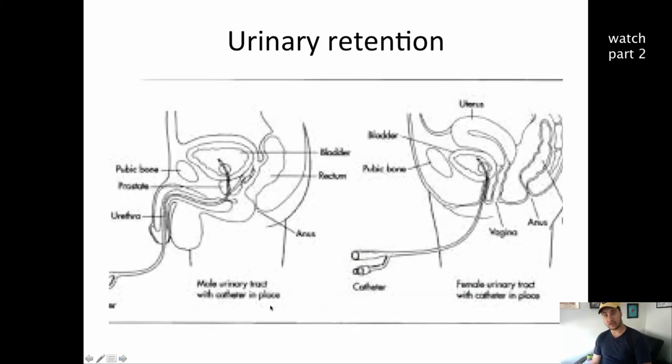The next one, I see it almost 2 or 3 times a week, especially in males. It happens more in males because of the prostate, and as you can see a little bit on this picture, the prostate is right over here. And so what happens is that when the male has an enlarged prostate, the